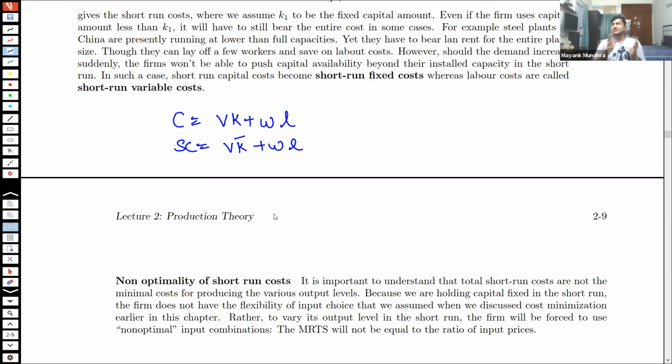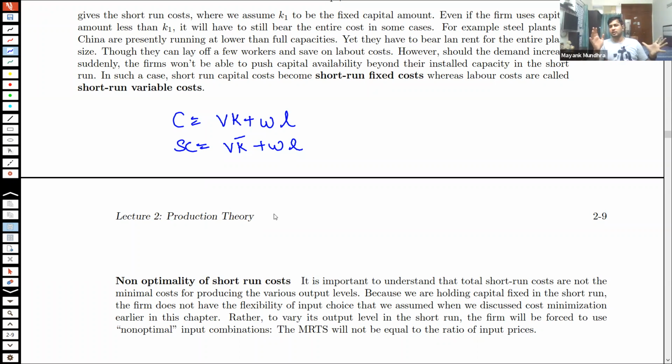On the other hand, let's say there's a lockdown. So you are informed that you cannot do any sort of construction activity. Now that you have already rented some machinery, you cannot just sell it back in the market. Or if you have taken a loan for that machinery, you cannot say you are not going to pay the EMIs or the installments for the loan. The only thing you can do is fire all the labor. You can refuse to pay them their wages. So you can fire all labor, but the capital remains fixed.